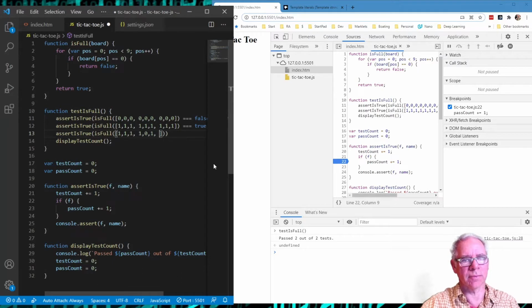Okay. Sometimes the IDE gets a little bit in the way because it inserts characters for you. Okay, so this we expect to be